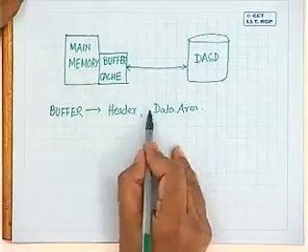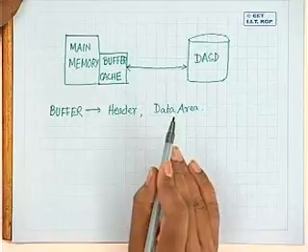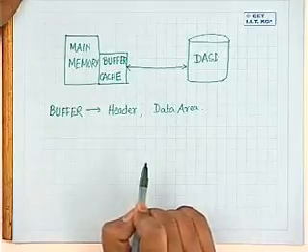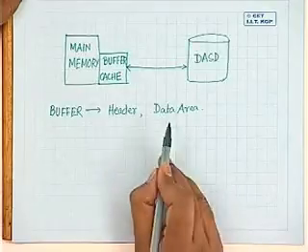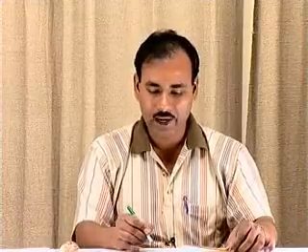So what I was saying is that every buffer has two different areas. One is the header area, the other one is the data area. The data area will contain a particular block of the DASD storage device. So naturally, the size of the data area has to be at least as large as the block size on the secondary storage. So if every block size is 512 bytes, then the data area must be at least 512 bytes. It cannot be less than that. This header area